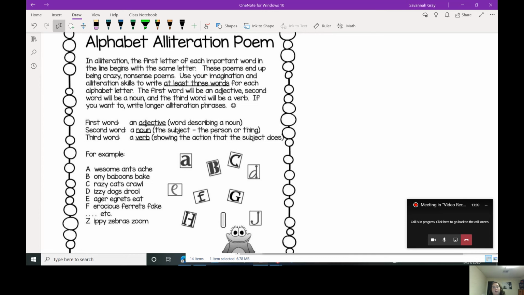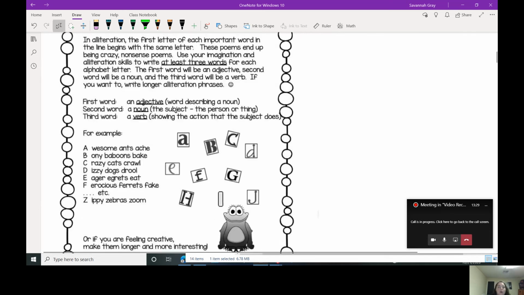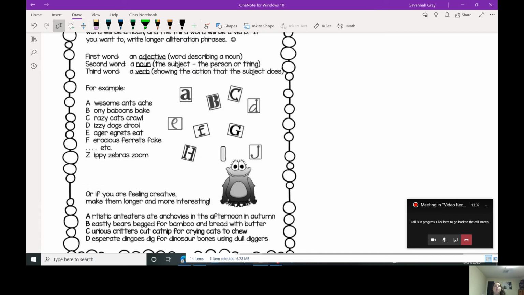And you can make them longer than 3 words, but they at least have to follow that. Because you could do like 2 adjectives and then a noun and then a verb. And then they do it for all 26 letters of the alphabet. What I would say is do at least 10 letters of the alphabet. And you don't have to do the first 10 letters, but they need to be consecutive. So you can't do like A, E, Z, F, Q, R. It has to be, A, B, C, D, E, F, G, H, I, J, K, or J, K, L, M, N, O, P, Q, R, S, T. I don't know if that's 10, but